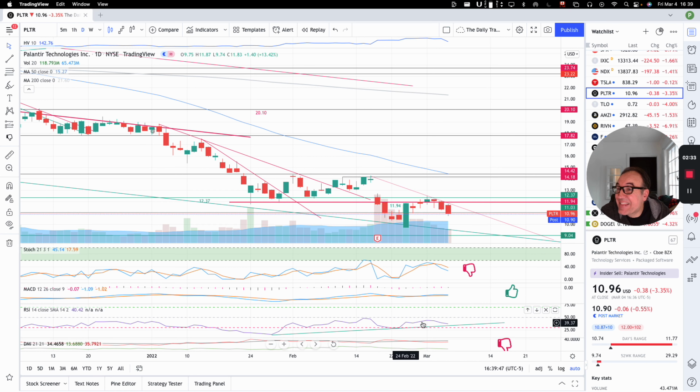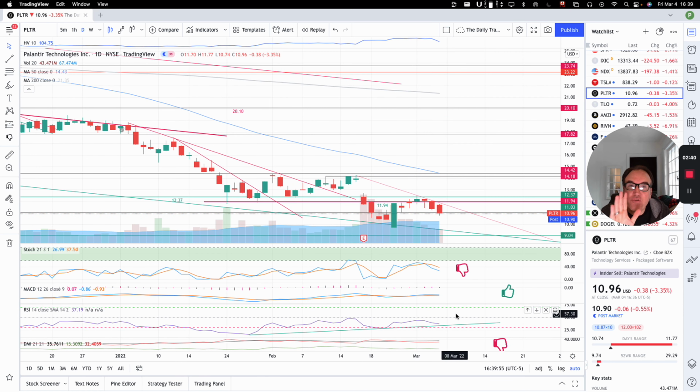Relative strength index is still increasing, so there's still hope. I try to give you both sides of the coin. I give you the positive and the negative, and then you make your own decisions. Here the RSI is making higher lows. It means that the strength in the stock,